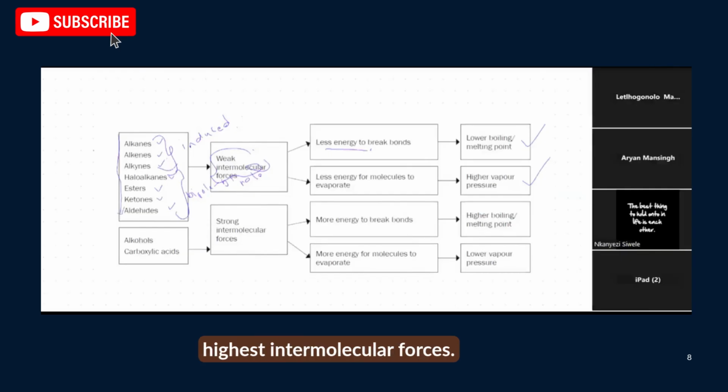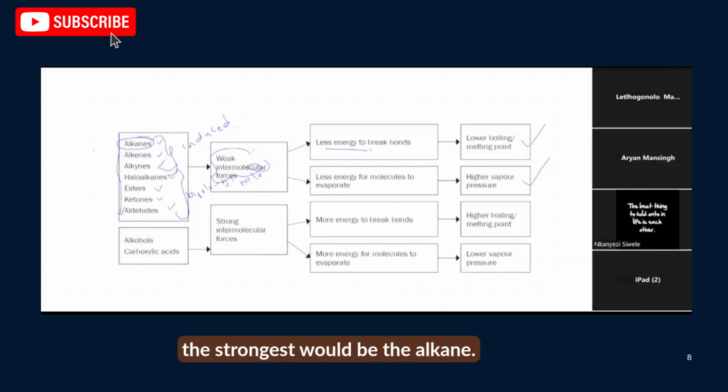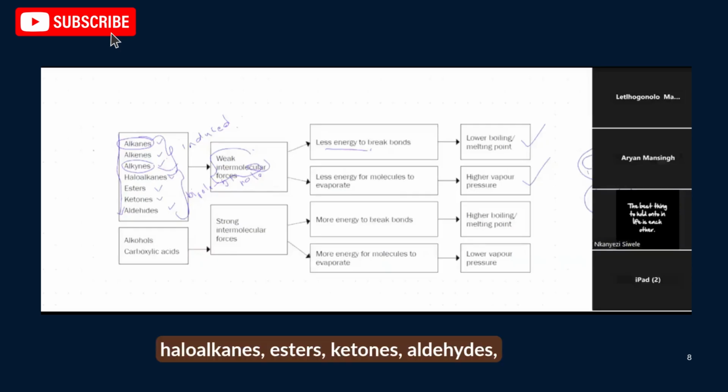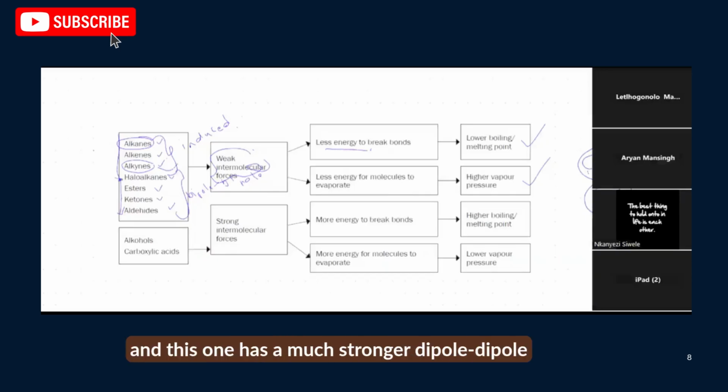the highest intermolecular forces. So alkanes, in this case, although alkanes, alkenes and alkynes have induced dipole forces, the strongest would be the alkanes. If you were to compare a triple bonded alkyne to a single bonded, this would require more energy to break than that. Then in terms of haloalkanes, esters, ketones, aldehydes, you can clearly see this is weak for the dipole-dipole forces, and this one has a